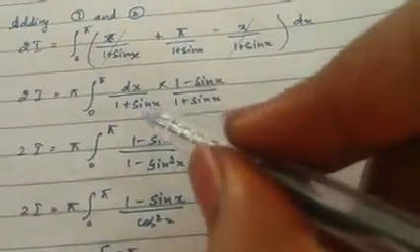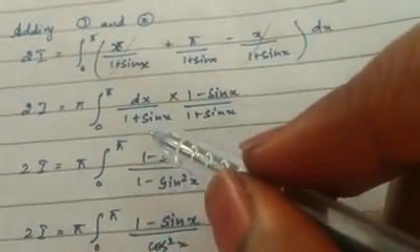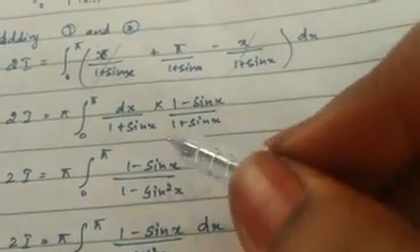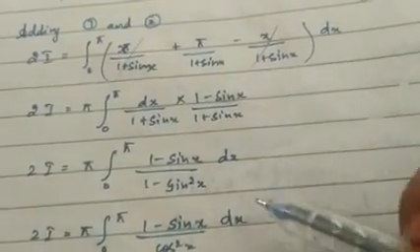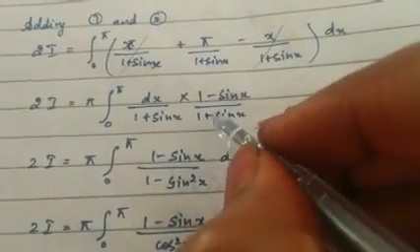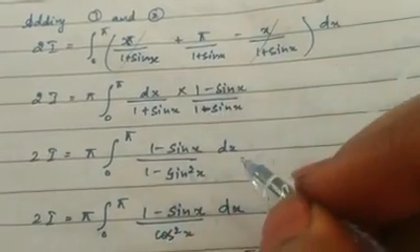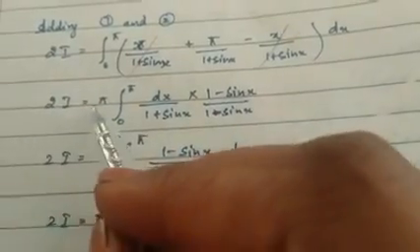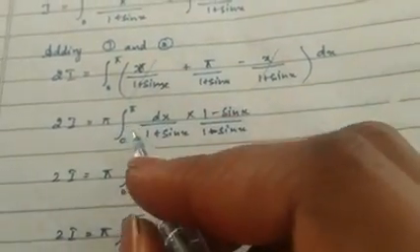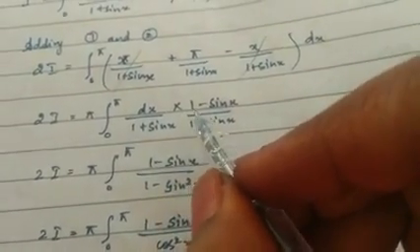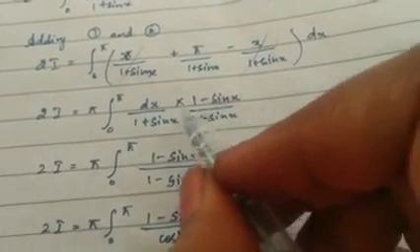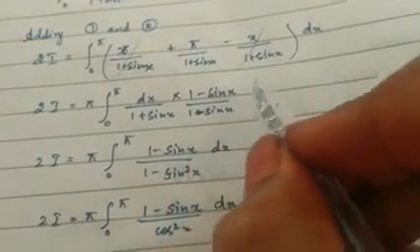Now, when you have 1 plus sin x in the denominator or 1 plus cos x in the denominator, you can conjugate or you can apply the formula for 1 plus cos x, that is also correct. For 1 plus sin x, you can do conjugation. Therefore, here 1 plus sin x, therefore it is 1 minus sin x divided by 1 minus sin x. Therefore, 2I equal to pi is a constant, so you can take it outside. Integral 0 to pi dx divided by 1 plus sin x into 1 minus sin x divided by 1 minus sin x. Therefore, in the numerator you will have 1 minus sin x into dx.